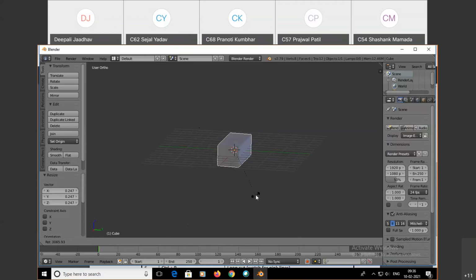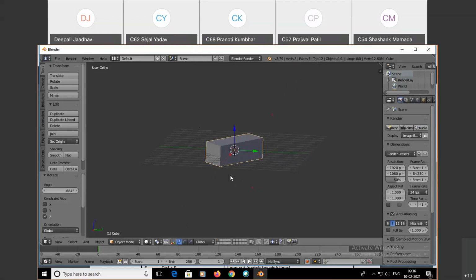But suppose I want to rotate it in the X direction, I can rotate it in the X direction only. Suppose I want to rotate it in the Y direction, you can see it is rotated in the Y direction only. Then rotate it in the Z direction, it is rotated in the Z direction. If I want to change the direction of this object for any purpose to generate a new shape, in that way you can rotate.